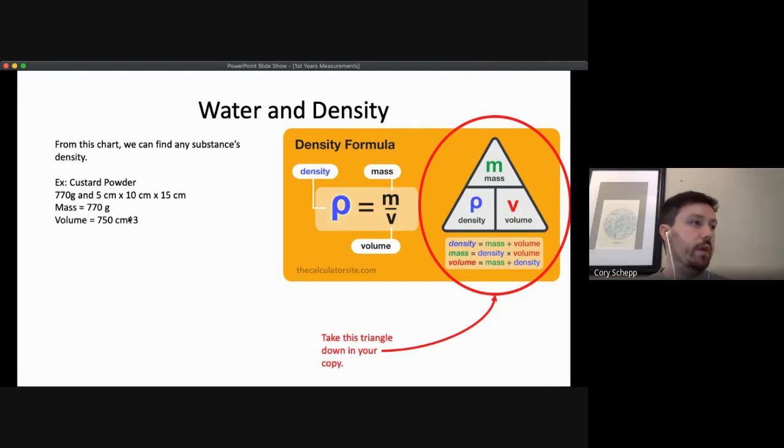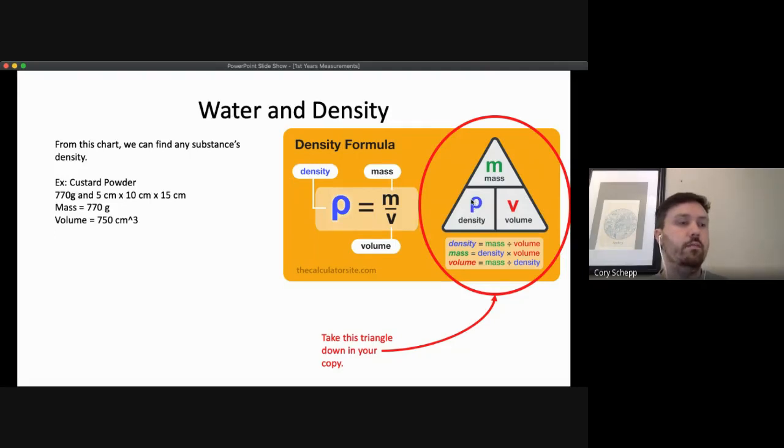That little up arrow just means to the power of 3, like a little exponent. So that's all centimeters cubed means, because that's our measurement for volume, right? To find its density, we look at this triangle here, or you can even use this down here. We take the mass and we divide it by the volume. You can always use your calculator. What this triangle shows you is, if you cover up one of them, say right now we're solving for density,